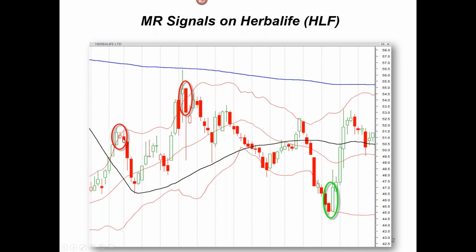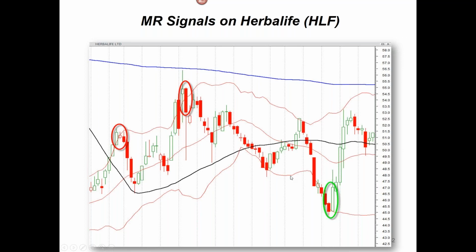But on the very next day, we get that reversal candle right there. And of course, it pulled back very sharply over a period of 2 to 3 days back into the mean. Here's another clear 10% move well above the 20-period moving average, outside the upper Bollinger Band. And then we have this big slam right here, which precipitated, after a couple of choppy days, another move back